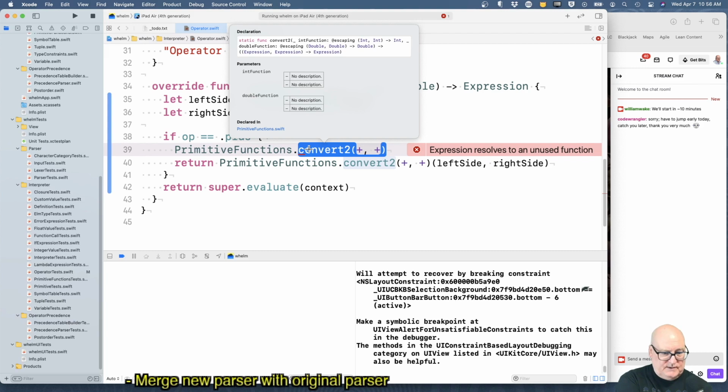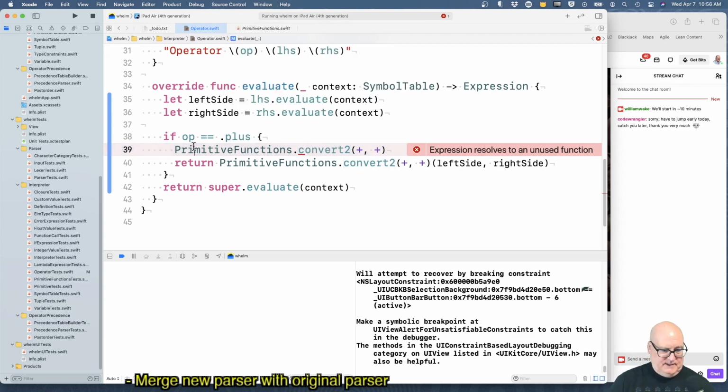It returns expression, expression goes to expression. Okay.